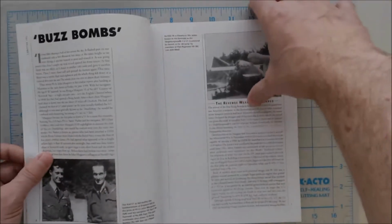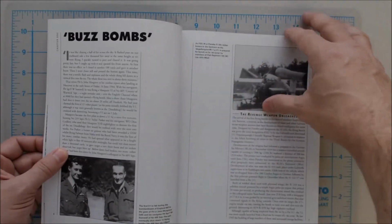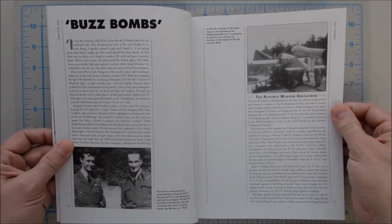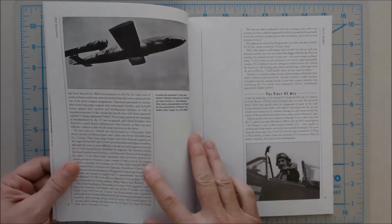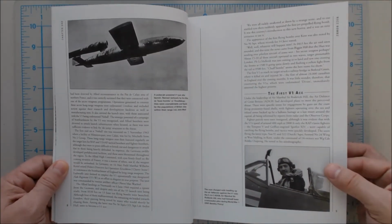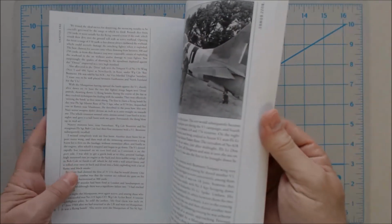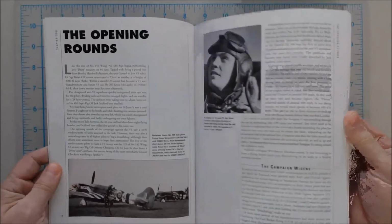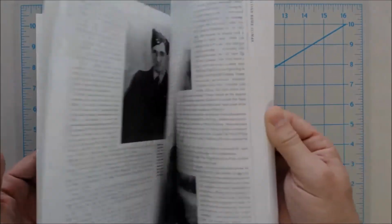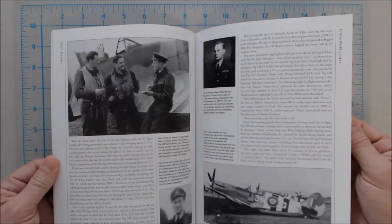All right, so the first chapter is obviously about the initial Buzz Bomb Battle of Britain period, where they're essentially in a very, very bad place in terms of what the Germans are unleashing against the Brits. The first V1 ace in this section looks like it was Air Marshal Sir Roderick Hill. And you can see the text, obviously lots of text, lots of black and white images inserted in. This is the opening rounds chapter, so again, lots more detail, lots more information, lots of great photos of these pilots,